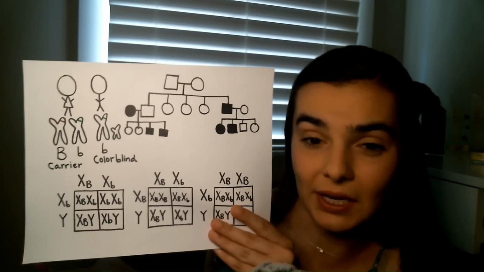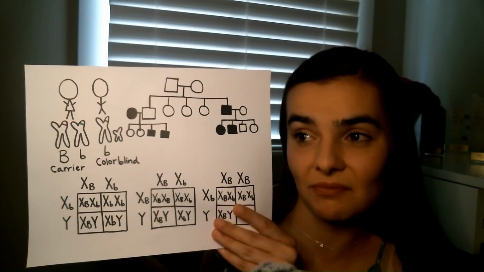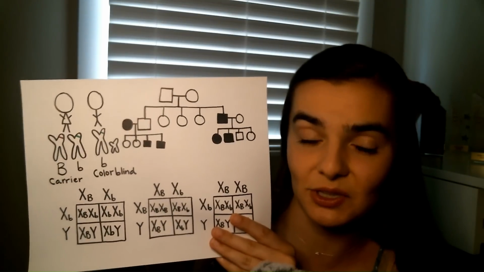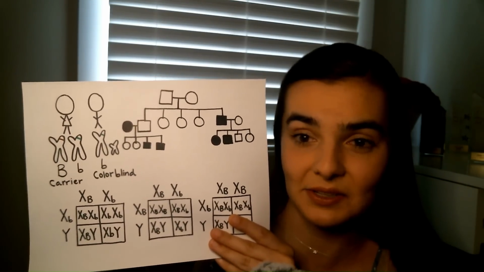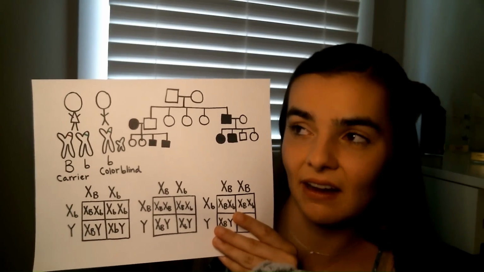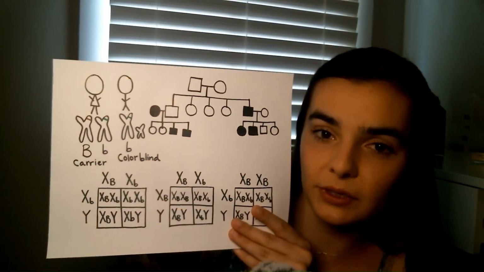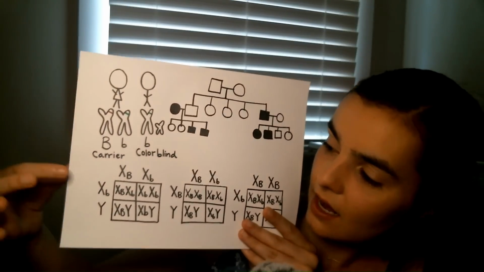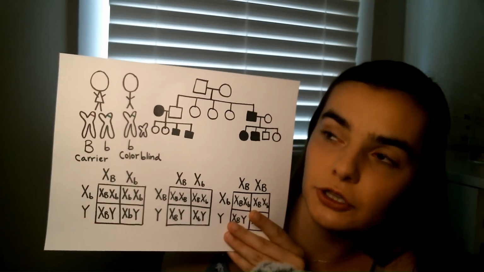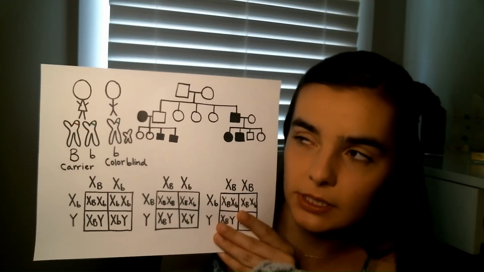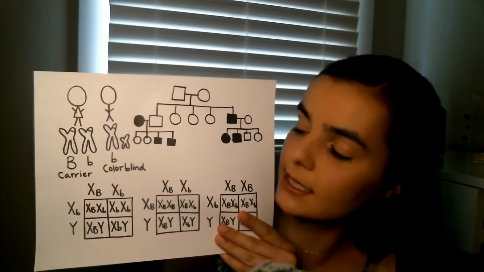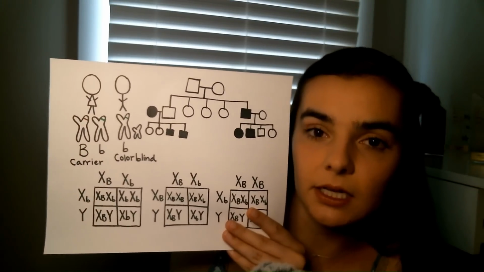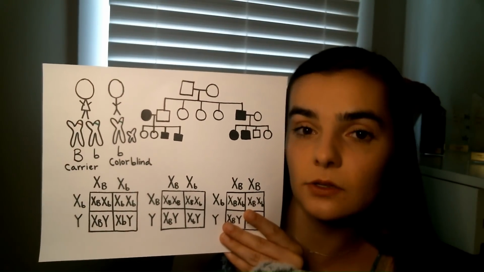They only get one X chromosome, so they only get one allele, and that's just the trait that they have, the one allele that they get. So yeah, that creates gender differences when we're looking at traits. One trait that is X-linked or sex-linked is color blindness, meaning that the color blindness gene is on the